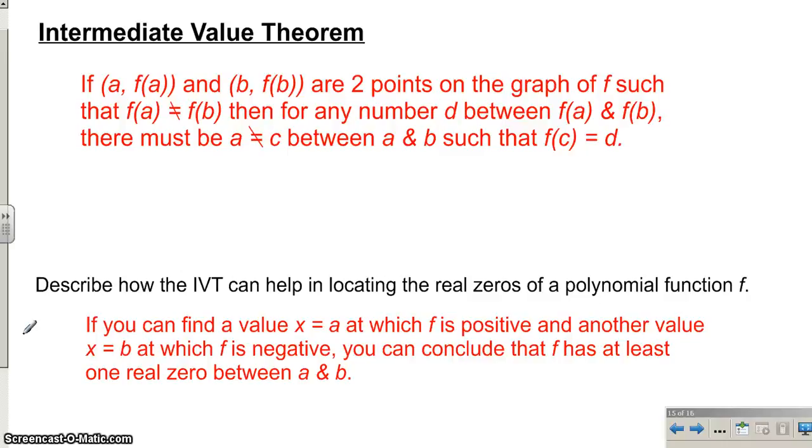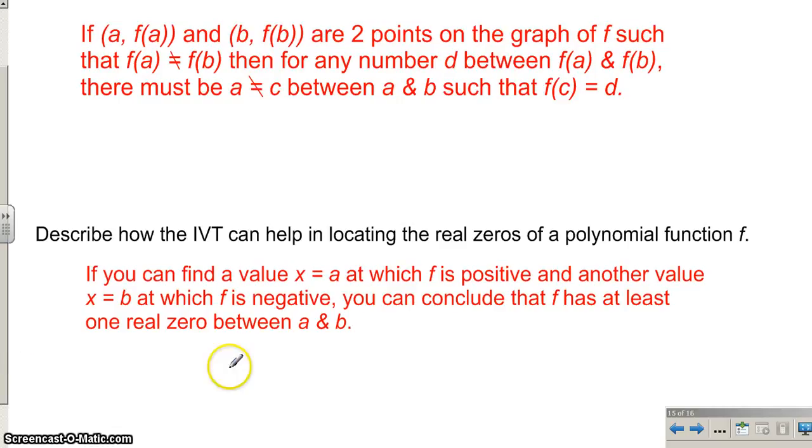Kind of confusing. To describe how the intermediate value theorem can help in locating the real zeros, what we want to do here is find a value, x equals a,